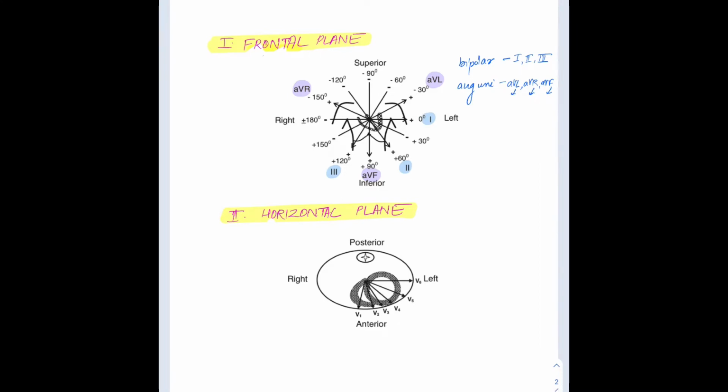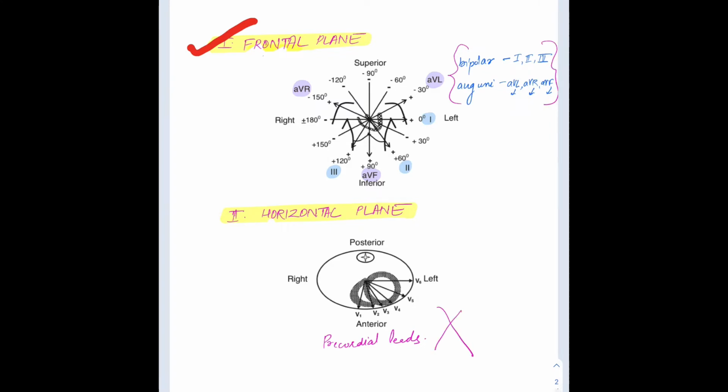Now after the frontal plane, we have the horizontal plane. The horizontal plane has all the precordial leads that range from V1 to V6, and they detect the electrical activity of the heart in the horizontal plane. Coming to the relevance of these two planes when we determine the electrical axis of the heart, it's only the frontal plane which we really need to know thoroughly if we need to find out the axis of the heart, because these are the leads which will be used for determining the axis,